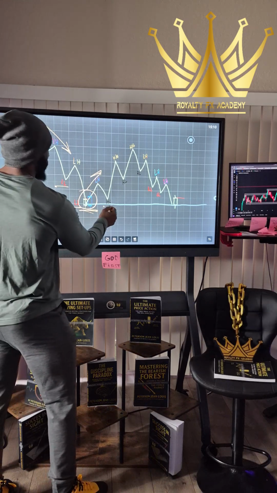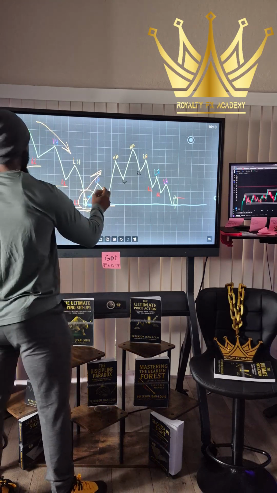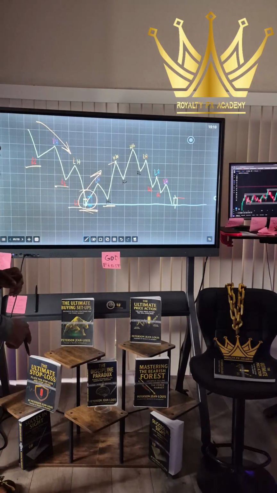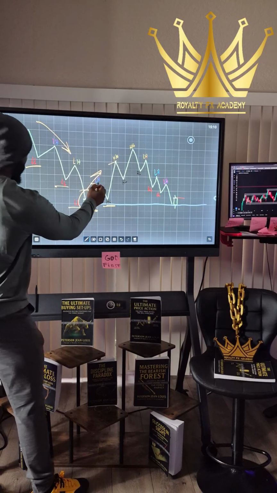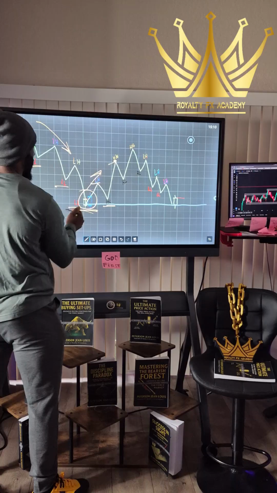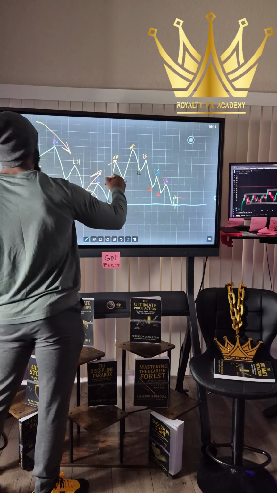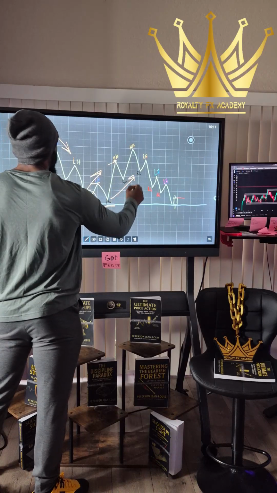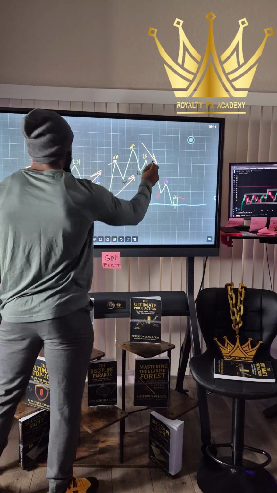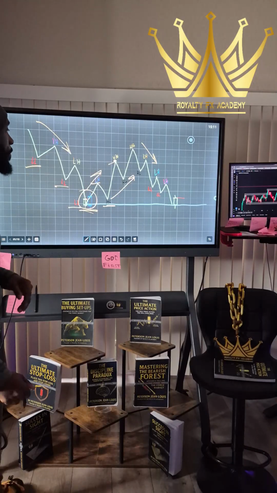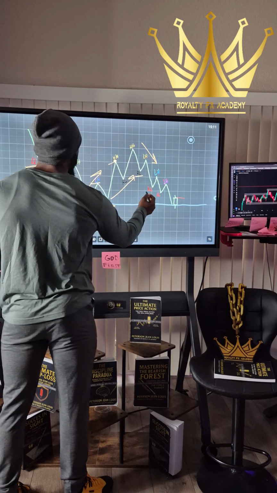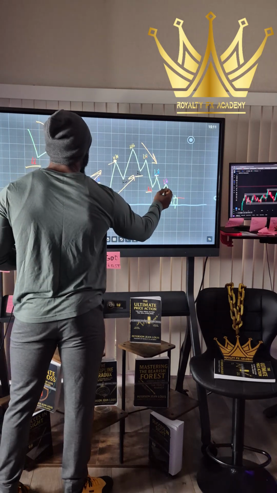Now it's given us higher lows and higher highs, where each high is getting higher than the previous one. Right here is a lower high, just so you guys understand. It was at this point the market gave us a higher high. The market continued up, bullish, and then eventually it started selling. When it started selling, we got a higher low, and then eventually we started getting lower lows and to match,